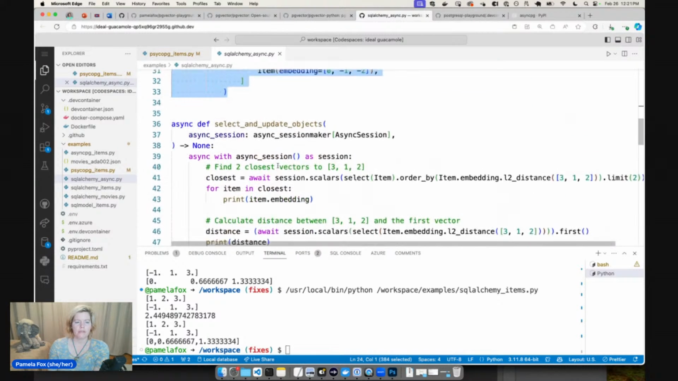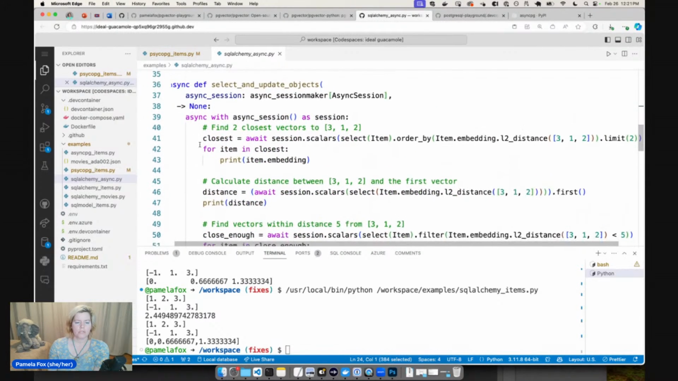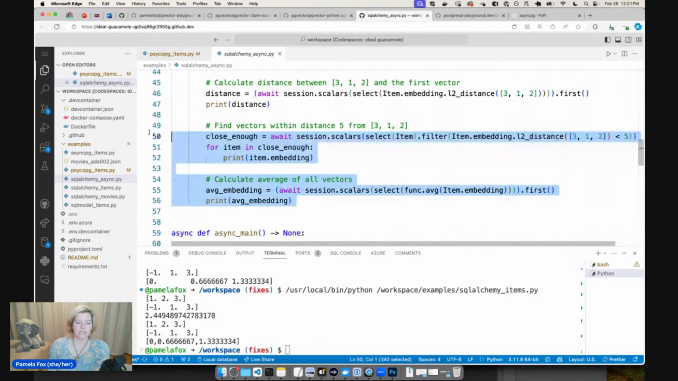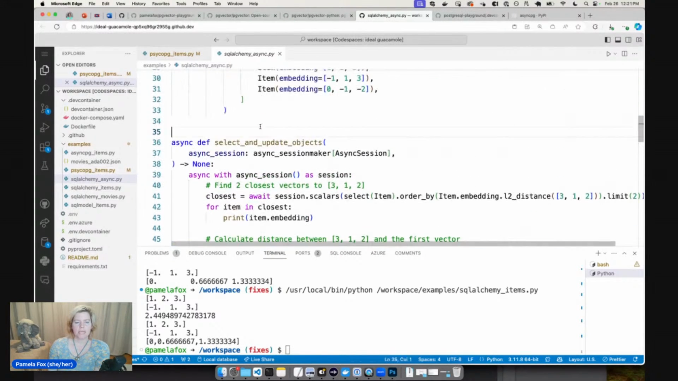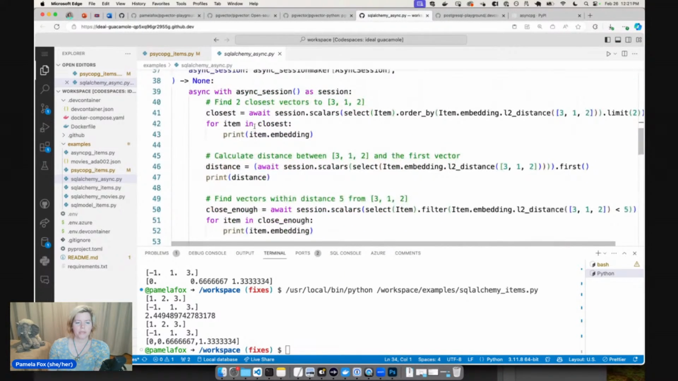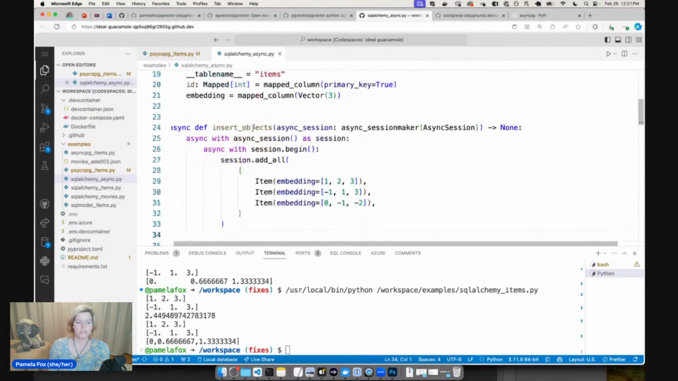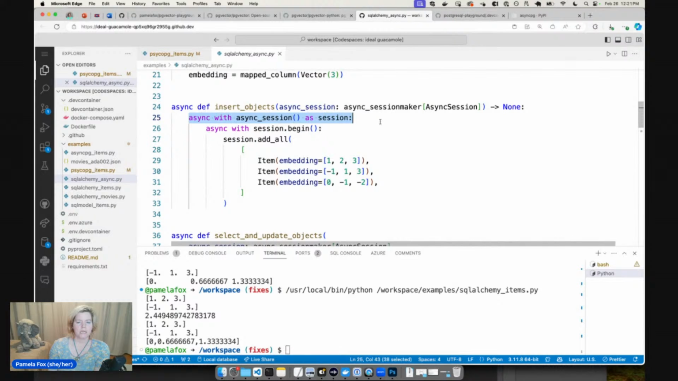And then I have another session here for selecting objects. And I think that makes sense because a lot of times adding the objects is going to be a different thing. So I thought these did make sense as separate functions. And so you can see in each of these functions, they use this session maker, and they use that to